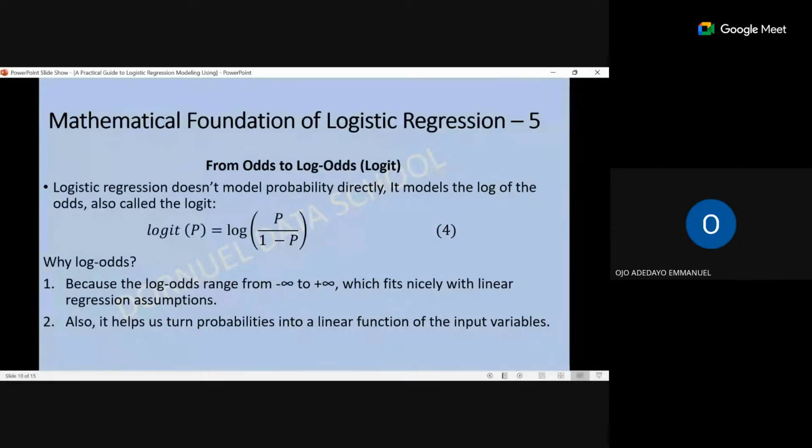The log of odds ranges from minus infinity to positive infinity. Remember, from our linear regression, the output can take any value. It may be below 0, it may be more than 0, so it's between minus infinity and positive infinity. For us to model the linear regression in the form of the logistic, we want to incorporate linear regression inside the logistic. It must satisfy the assumption of linearity, and one of the assumptions of linearity is that it takes its value from minus infinity to positive infinity. For us to capture that,